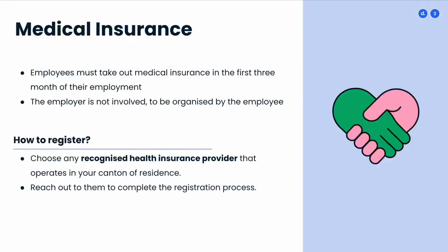Health insurance in Switzerland is mandatory but fully privatized. Employees must take out health insurance for themselves and their family within 3 months of starting their employment in Switzerland. The employer is not involved in this process, and employees are free to contact any recognized health insurance provider that